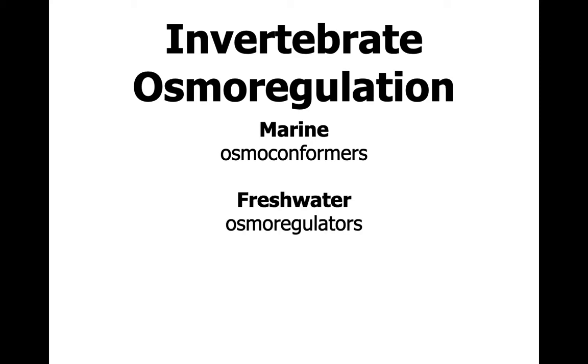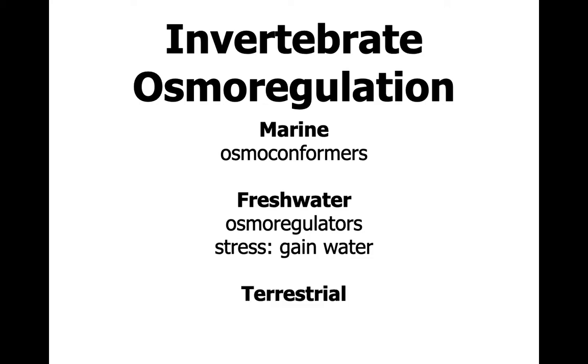Most freshwater invertebrates are osmoregulators, so they can't be pure fresh water. They need to maintain the extra ions and solutes in their bodies, so they have to regulate that. And the main stress of being a freshwater invertebrate as it relates to osmoregulation is gaining water. Since the environment that they live in is hypoosmotic, they are constantly taking on water and have to deal with